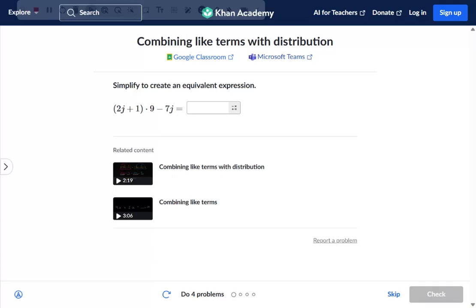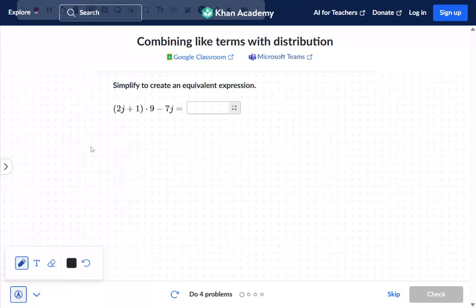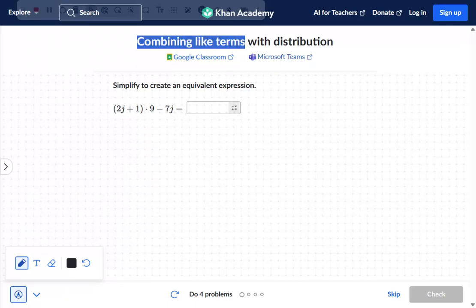All right, so they're asking us to simplify to create an equivalent expression. So we just want to clean this up. There's a lot going on over here, so we just want to make it a little bit neater. So we're going to go ahead and click on our draw pad and let's see what's happening. So we know we're going to be combining like terms, right, because it's in the title, and we're going to